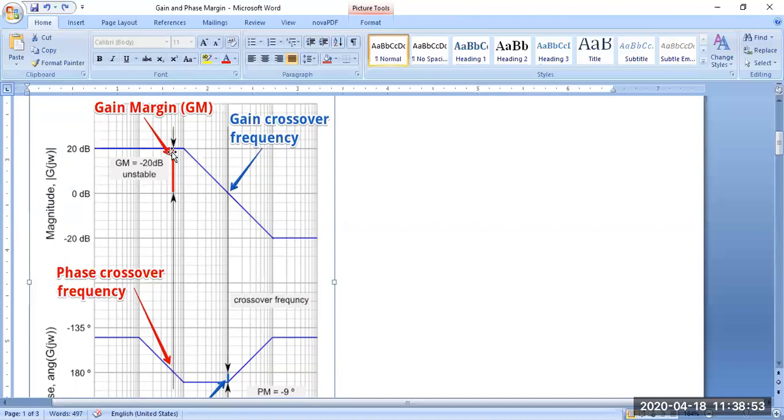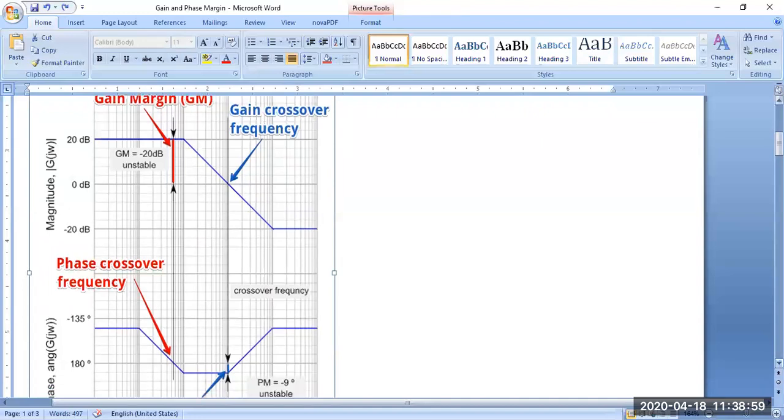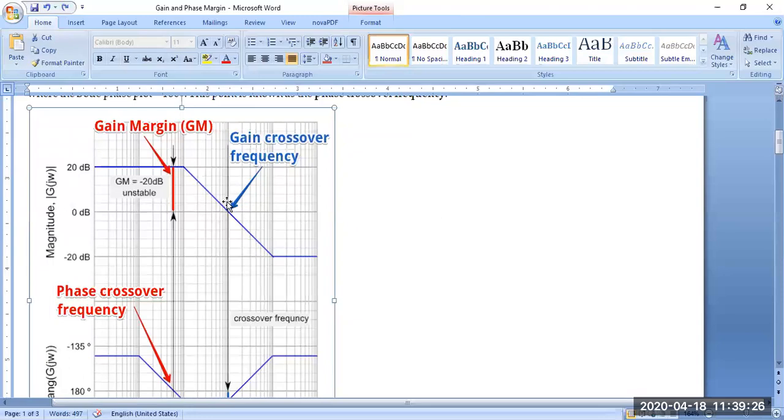Okay. Now let us come to the concept of phase margin. Now how to calculate or how to understand phase margin from Bode plot. See here. For that, we need to know what is gain crossover frequency. Now see, wherever the magnitude plot in the Bode diagram cuts the 0 dB line, this particular frequency, if I extend it upwards, I'll get frequency here, right? So this frequency is called as gain crossover frequency, right?